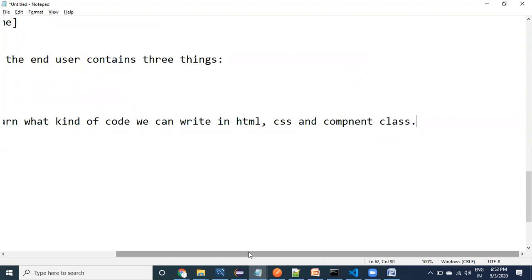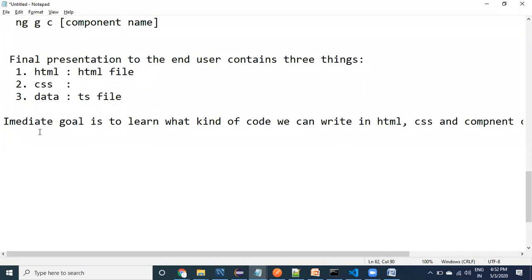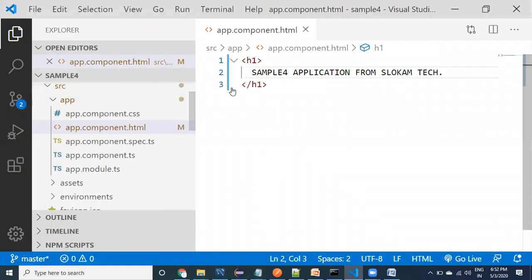In these three files, what kind of code we can write, that is our immediate goal. If you know that, we can write multiple components in the next steps.